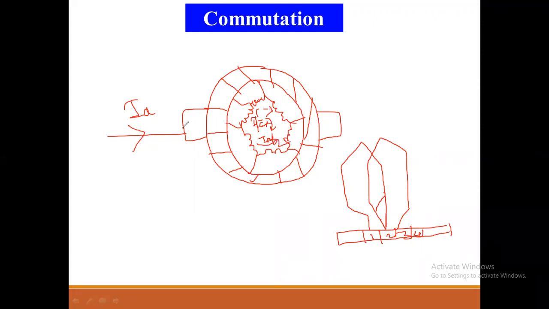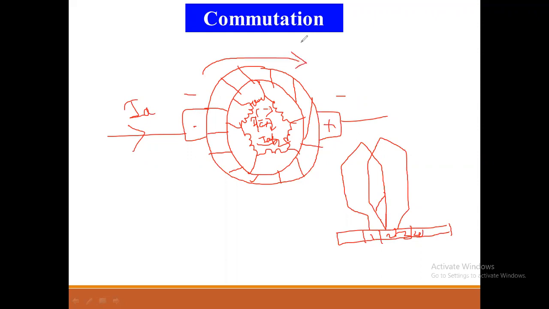Okay, see, one sentence I am telling: the current flowing from the armature, or the current in each and every coil, current in the armature coil, or it may be current flowing from each and every coil, it is either all towards the positive brush, or it may be away from the negative brush. See, there are two brushes, one is the negative brush, one is the positive brush. Current flowing from this coil, या coil मधून flow होणारा current जो आहे, it is always towards the positive brush,